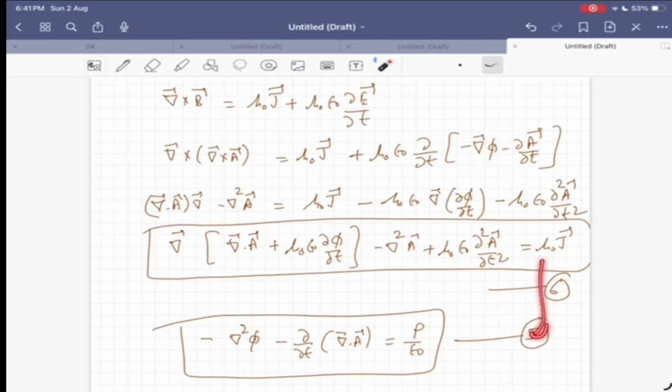So if we solve 5 and 6, we get the values of A and phi,